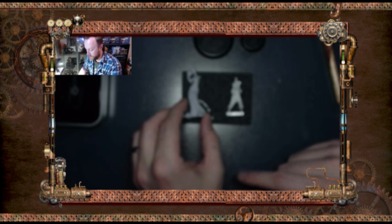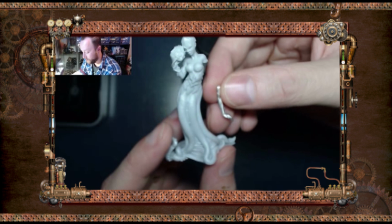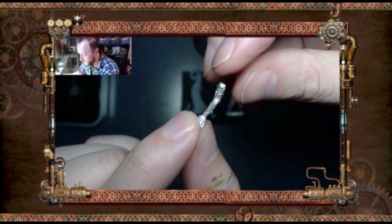So let's change it up. Hit up the Swamp Siren here. Let's take a look at her model. We have the little arm here. Let's look at the arm first. The arm,